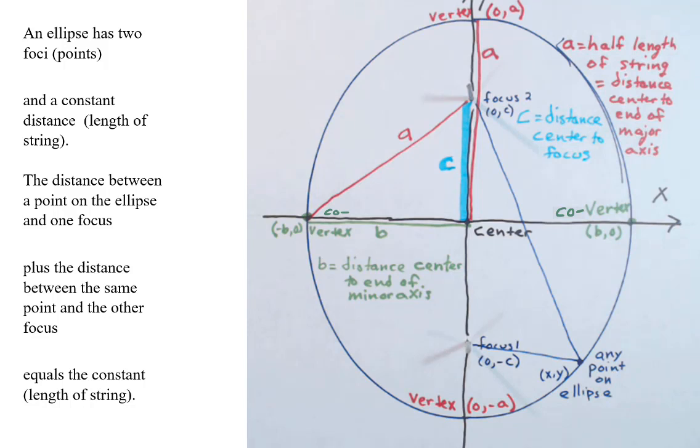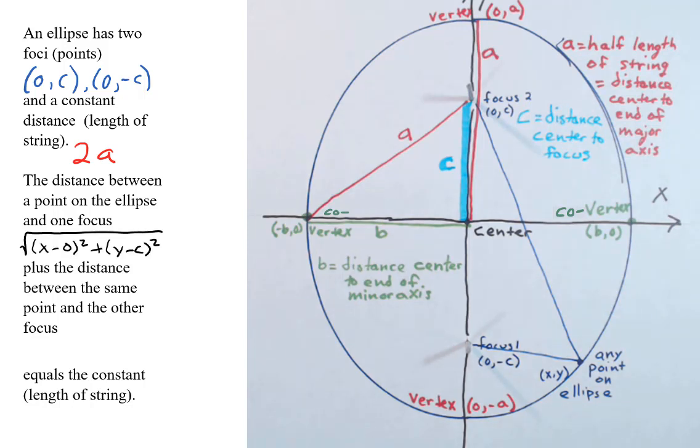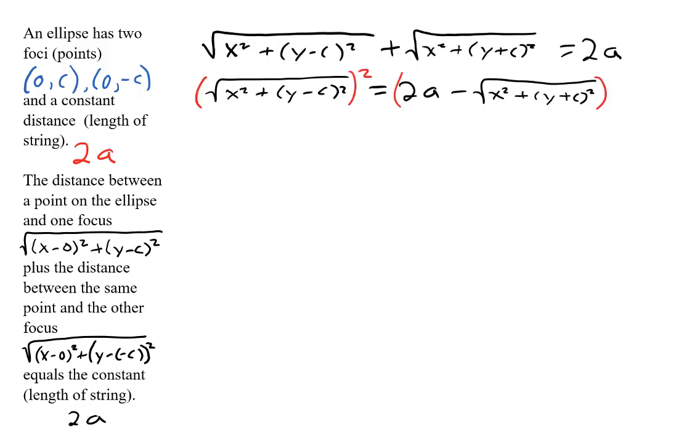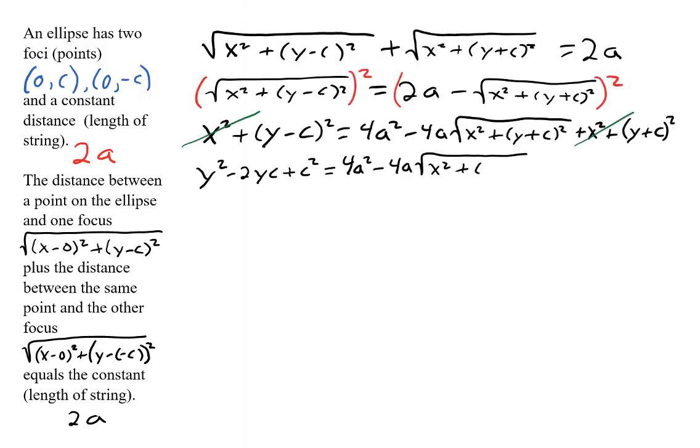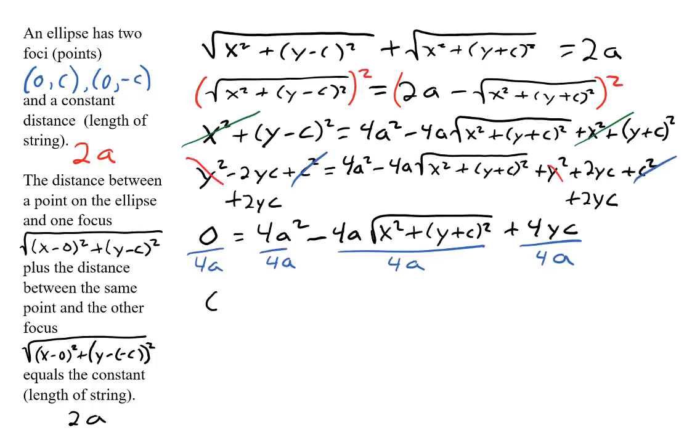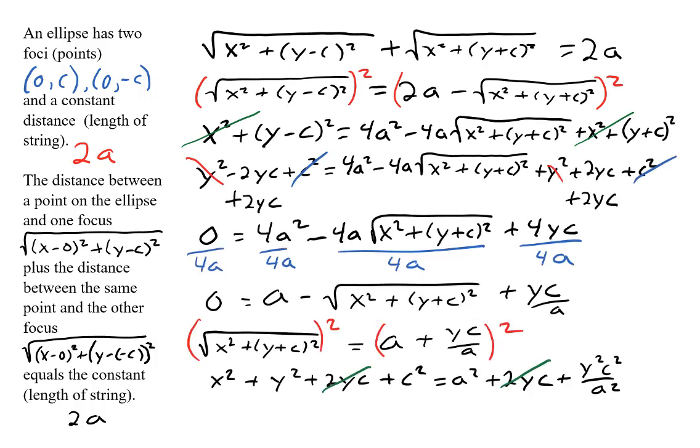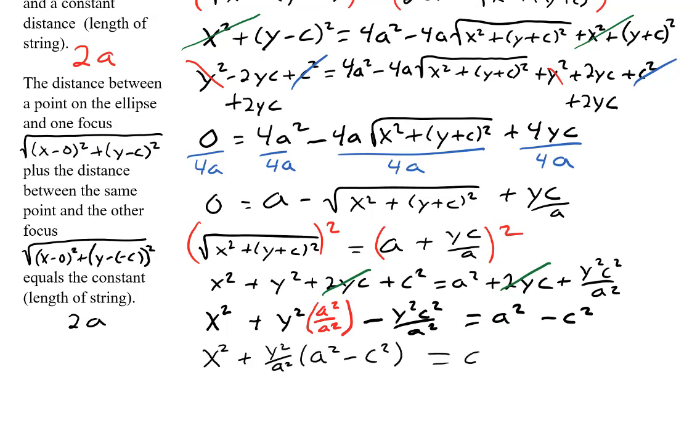Using the same definition as before, an ellipse has two foci, which this time have coordinates 0, c and 0, negative c, and a constant distance, still called 2a. The distance between one point x, y and the focus 0, c, plus the distance between the same point x, y and the other focus 0, negative c, equals the constant 2a. This gives us an equation very similar to the one we had for the ellipse with the foci on the x-axis. We can do similar algebra to neaten it up, squaring both sides, canceling terms, squaring again, and ultimately getting